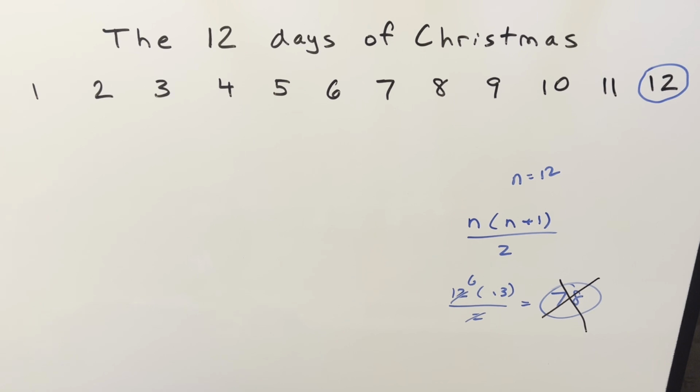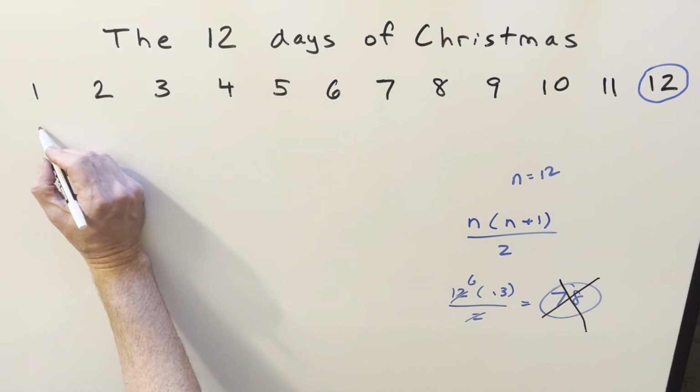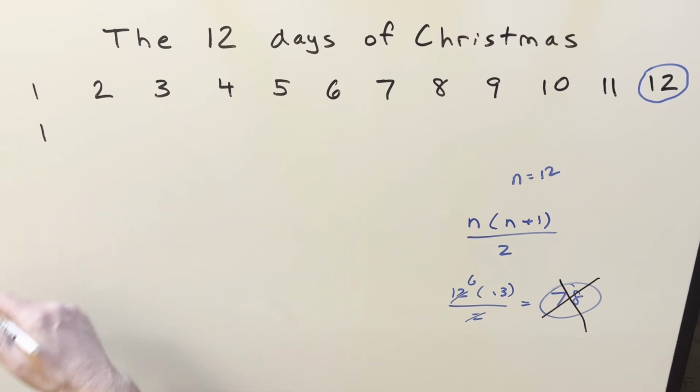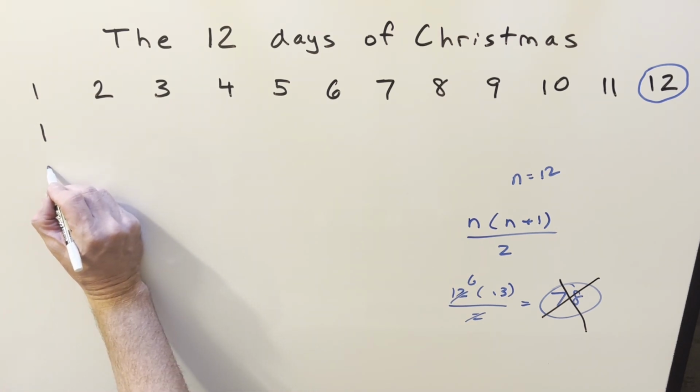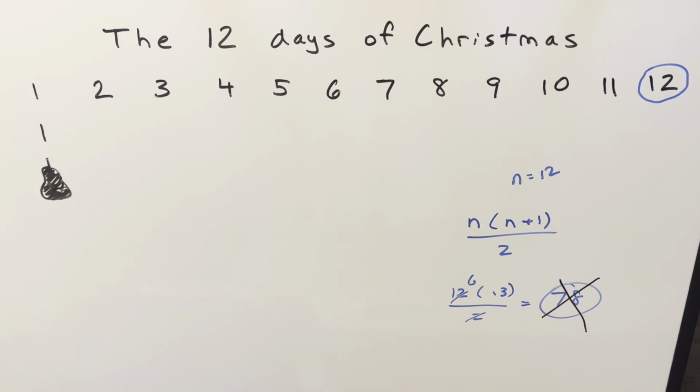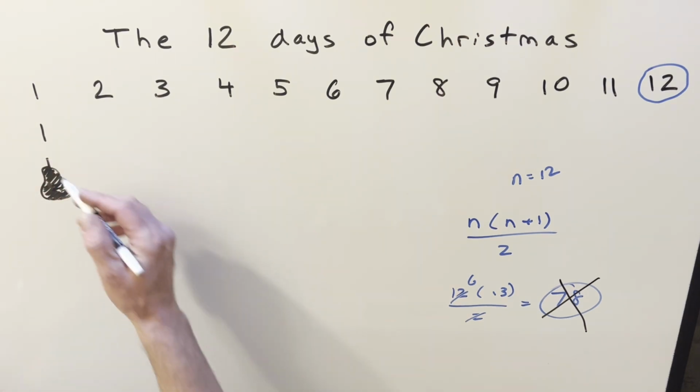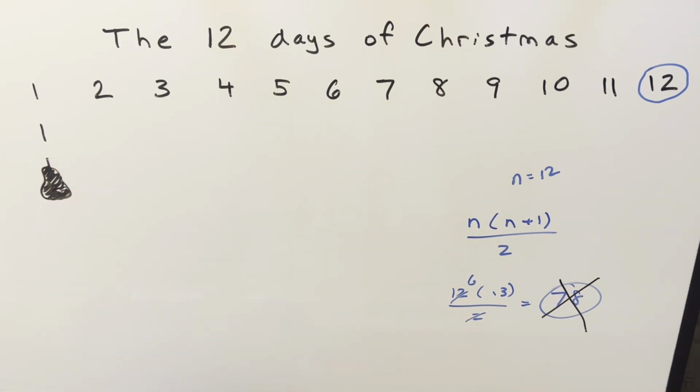And the way this song goes is on the first day of Christmas, they got like a pear or something. There was a pear in a pear tree. So they got one pear right here. And then on the second day, they got two turtles, but then they got the pear again. So the mistake is they didn't just get two gifts on the second day. They got three gifts because it's cumulative. On every day after, you get all the gifts from the previous days.